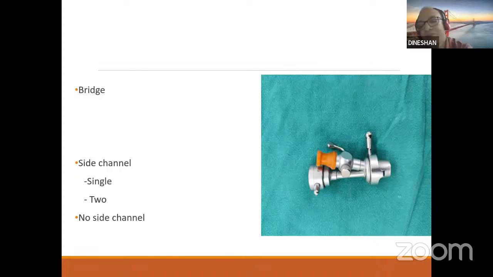This side channel will allow you to pass other accessory equipment like graspers, guide wires, catheters, urethral catheters, and other flexible equipment, even lasers or laser probes, whatever equipment you want to pass.